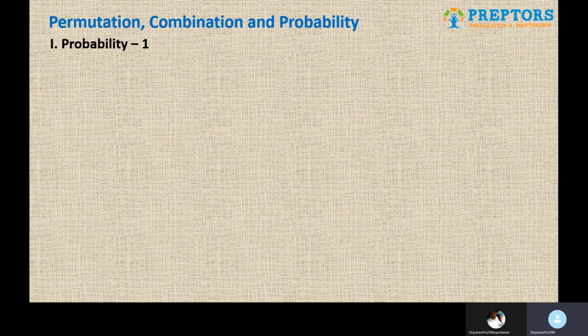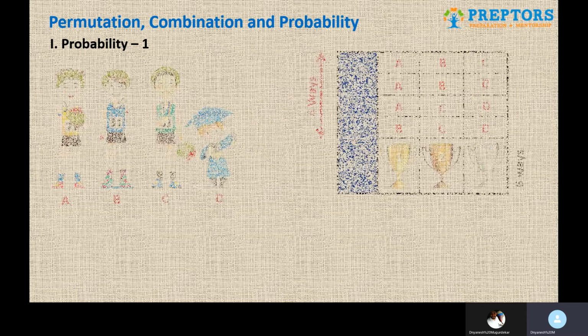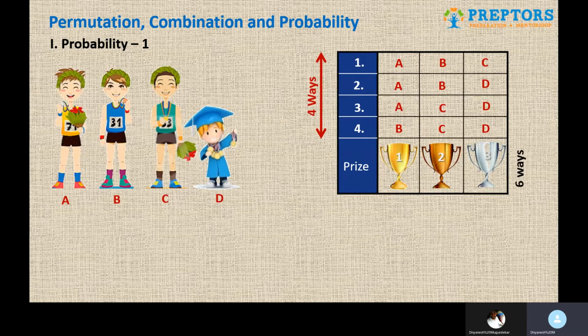So first of all, sample space. You remember selecting 3 people out of 4 people, 4 ways of doing that, rejecting one person every time, 4C3 or 4C1 also you can now call it, since you already have the ideas of nCr, nPr. And then distributing the first, second, and the third prizes between the 3 different people, there are 6 total ways. So sample space is 6 into 4, which is 24.